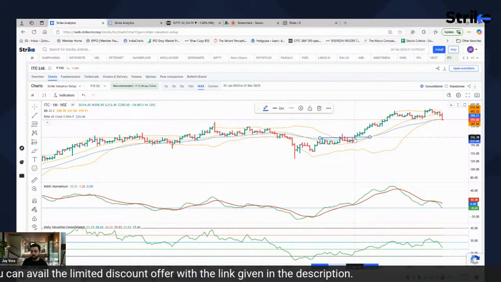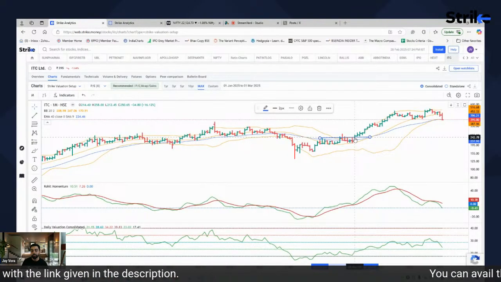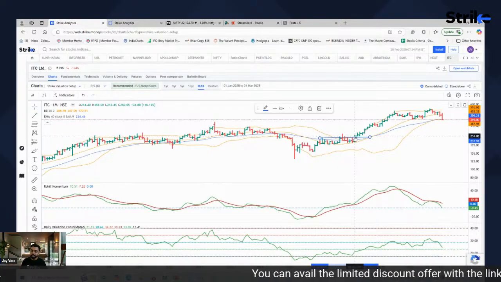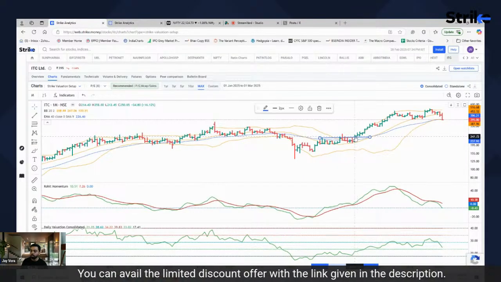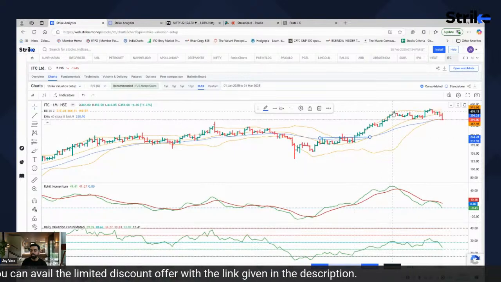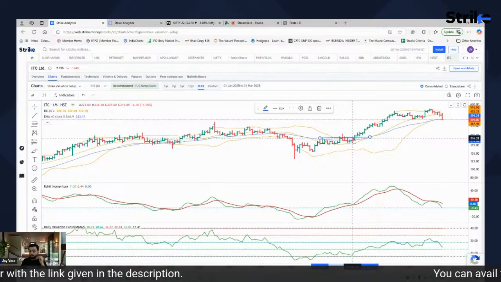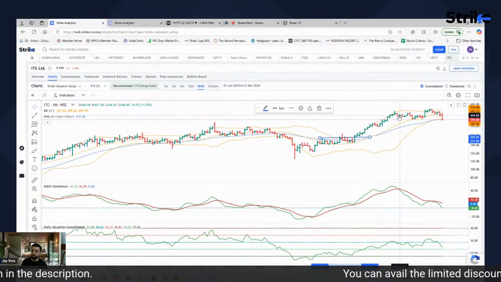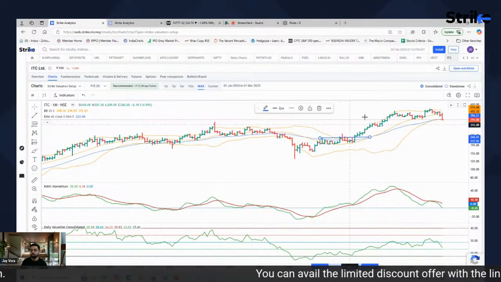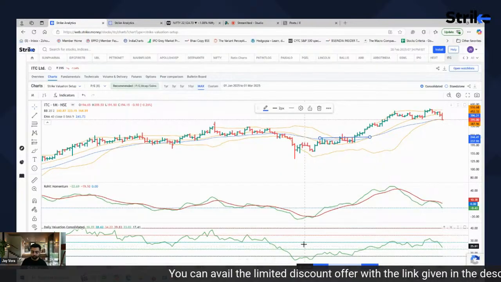In fact, from March 2022 to March 2023 the market struggled and many stocks saw a big correction, but this was one of the stocks that kept rising higher, despite all the odds it kept rising higher, and from 250 it went all the way to 500. So a 100% move in a large cap stock is a big thing. Okay, so this will definitely help you to time it.